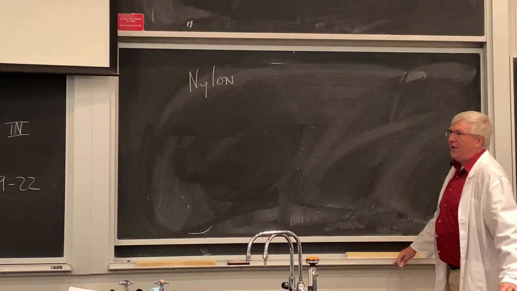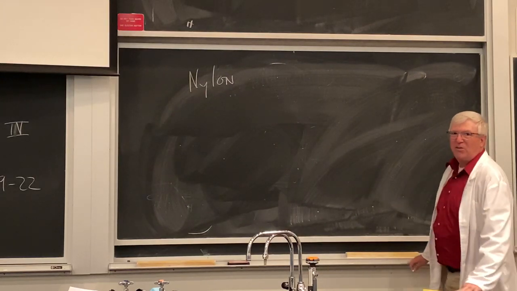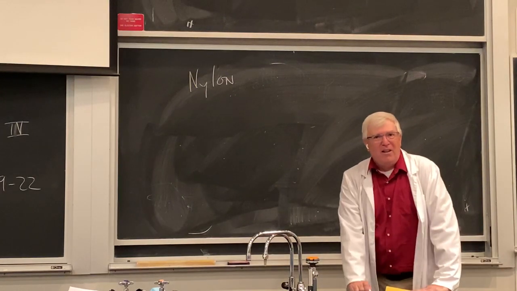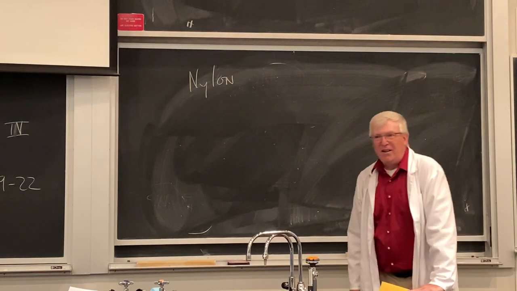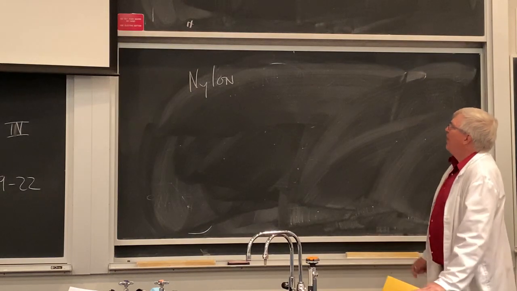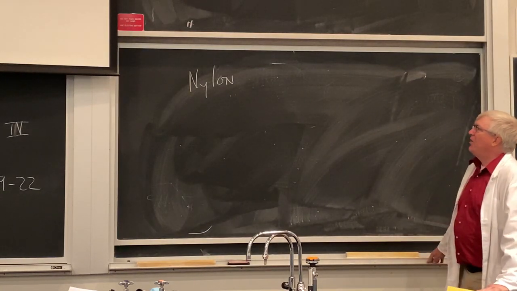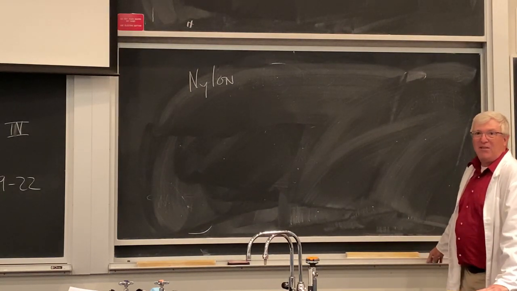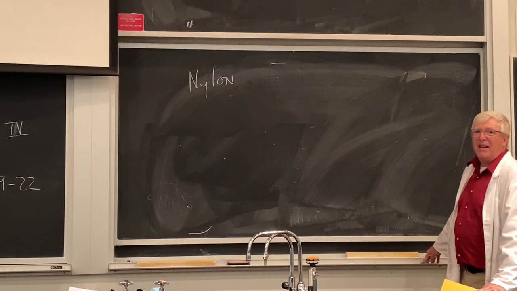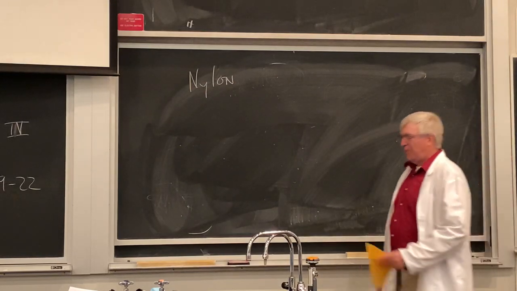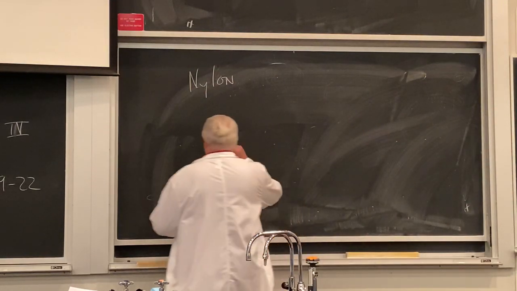In fact, in the 1930s, the structure of proteins were starting to be elucidated, and they were known to be formed from polyamides. So Wallace Carothers at DuPont company there in the 1930s decided to make synthetic polyamides. He said, well, I know how to make amides. Let's see if we can make a synthetic protein that might have the same characteristics of that. So here's what he did. He took